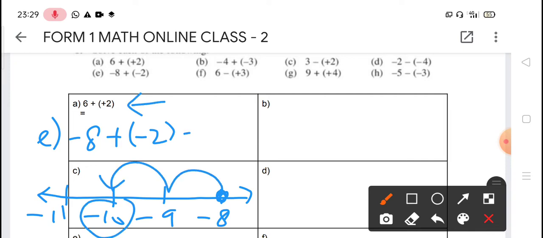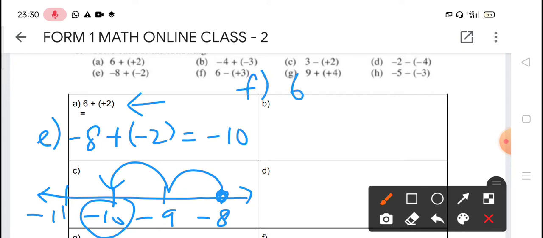So we get negative 10. 所以同学们记得哈，如果是加法的话，正常的加法的话，你加 positive 就去右边，加 negative 就去左边。可是当你做减法的时候，就是相反的。你减 positive 反而要去左边，你减 negative 就去右边，它跟加法是相反的。